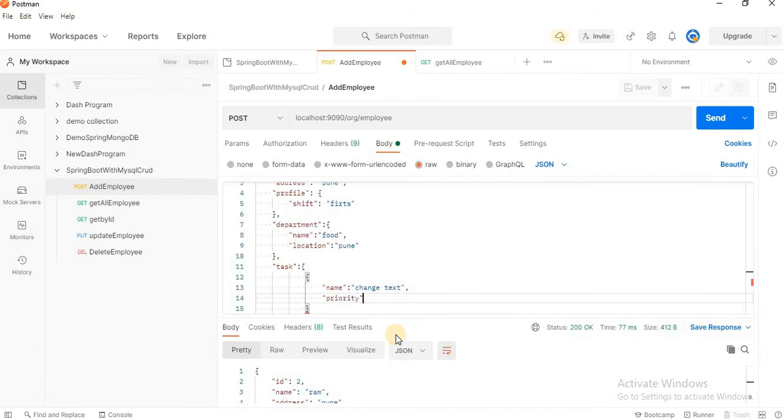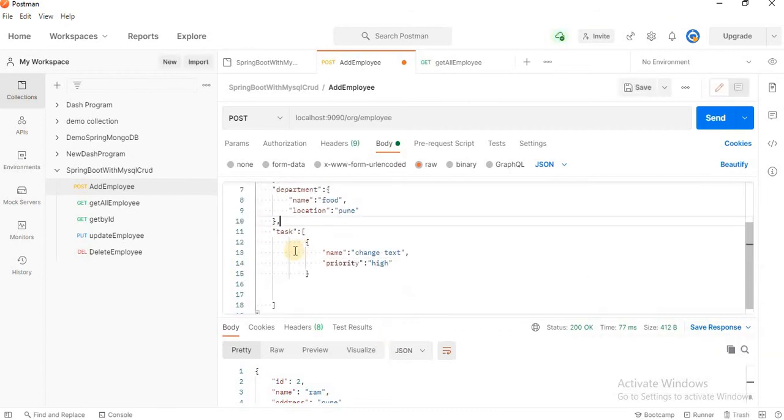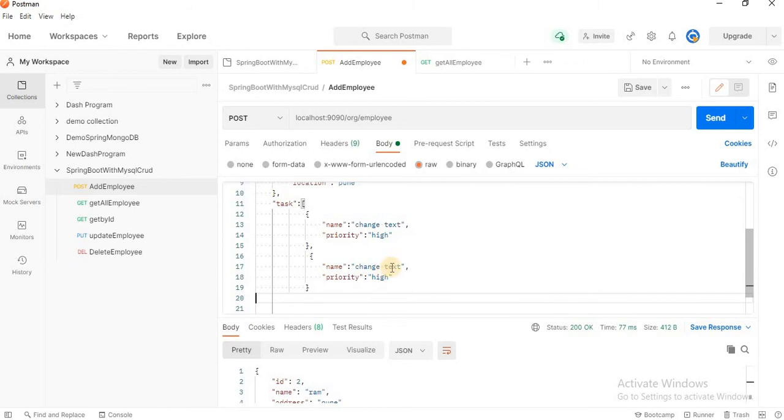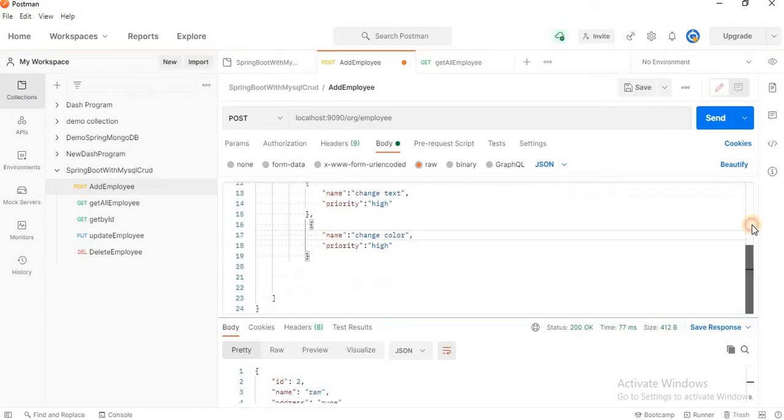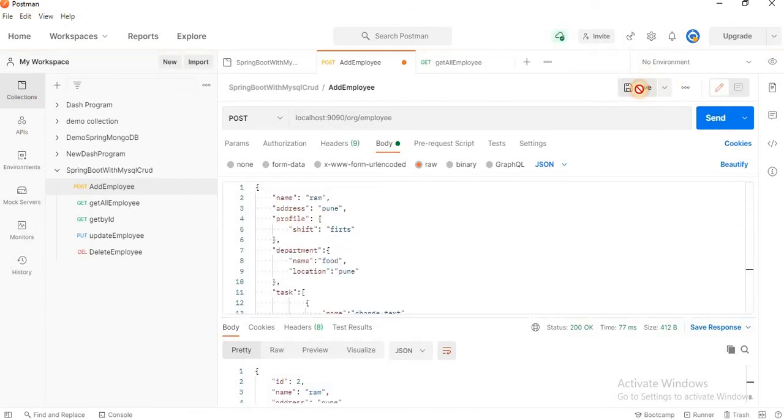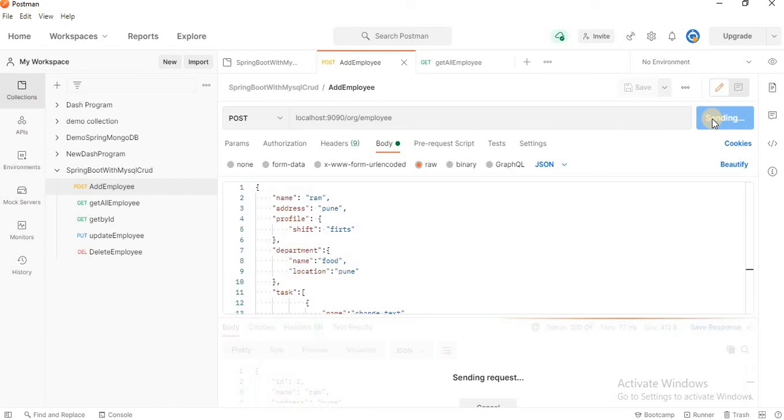Let's paste here high priority. Okay, let's save. Our first task we added. Let me copy this. Add second task. Change color. Okay, keep priority same. Let me hit the send button.